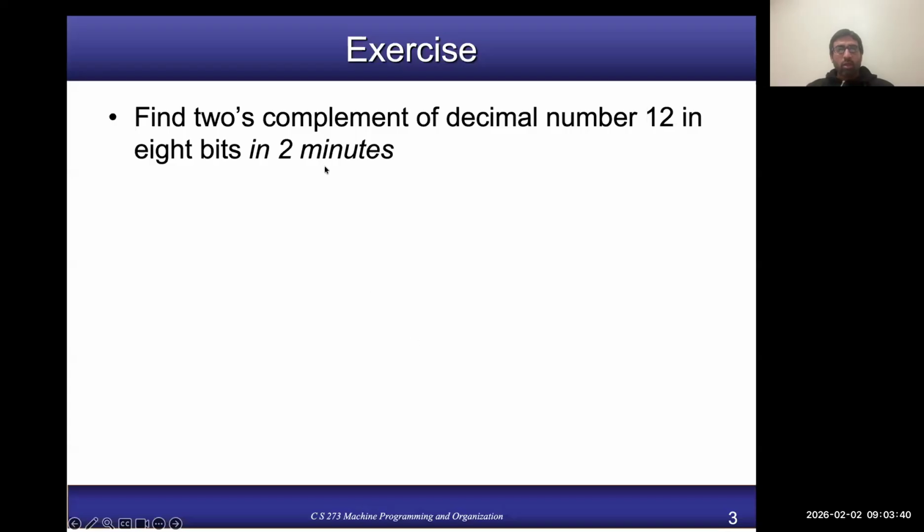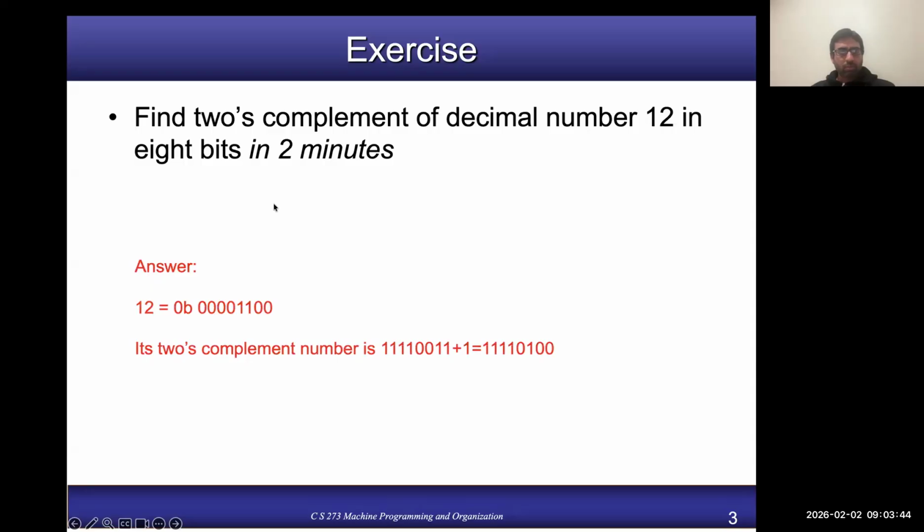Okay, good. So now let's have a look at this. We need to first find the 8-bit binary of number 12, right? Which is, if I read from the most significant side, 4 zeros, then 1 1, and then 2 zeros, right? Then how can I find its 2's complement? By flipping all the bits in the binary and then adding 1 to it. So when I flip all the bits, I will get this bit pattern, and when I add 1 to it, I will get